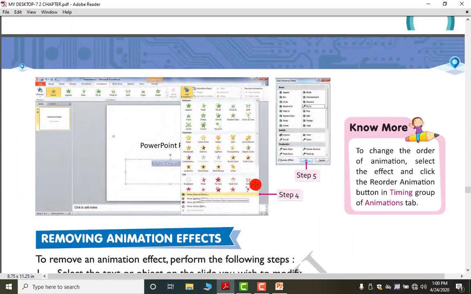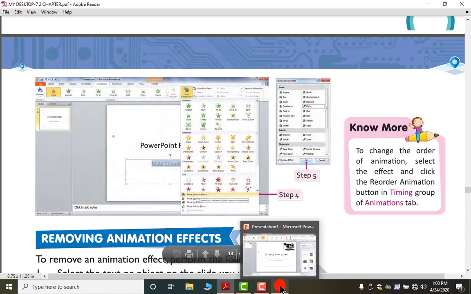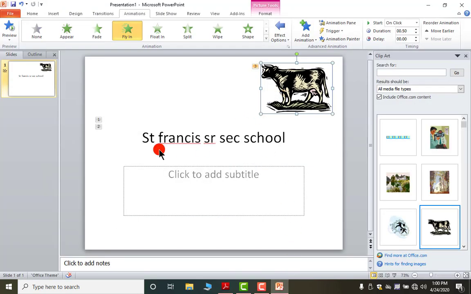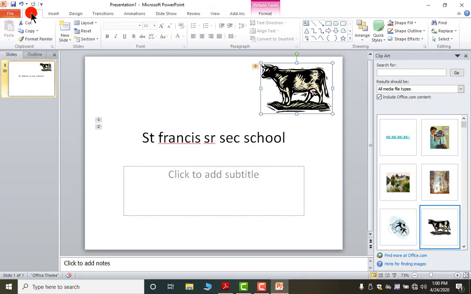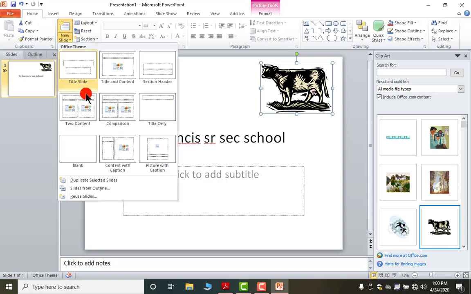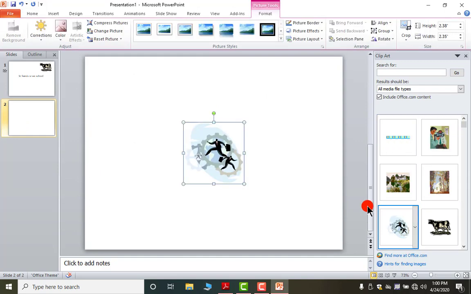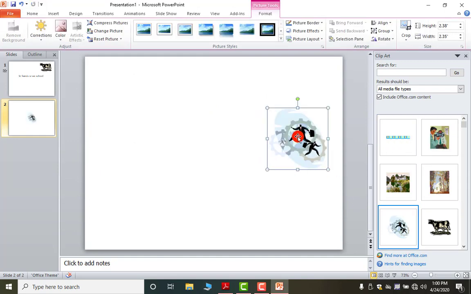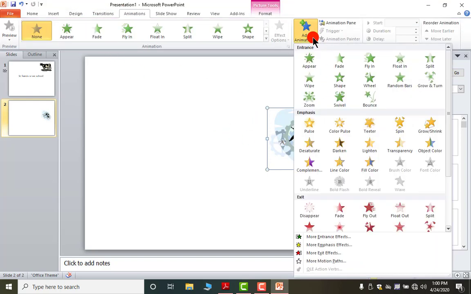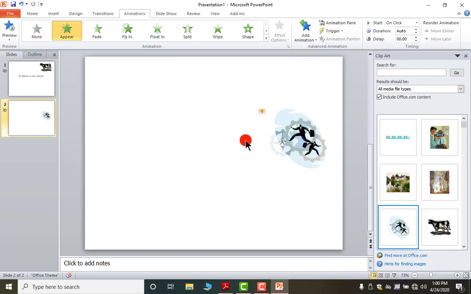Okay, so let's see. Again, move to your PowerPoint from here. Now I am inserting new slide from home, new slide and this one blank. Okay, now I'm inserting clip art from here. Now again animation from here, entrance, first entrance, it will appear like this simply in a blip.